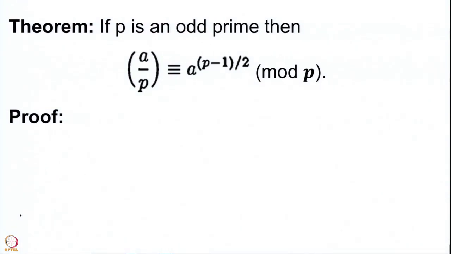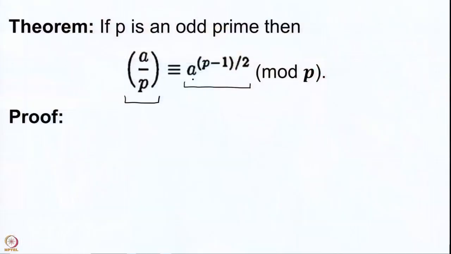This is also another simple result, but it is a big theorem because it will help us computing lots and lots of Legendre symbols. The basic thing that is different here is that on the left hand side we have the Legendre symbol which can be 1 or minus 1 or 0, but on the right hand side we have something which is purely in terms of A. So, when you are feeding this as an algorithm to a computer, it would be very easy for the computer to tell that given an A, compute A power (P minus 1) by 2.